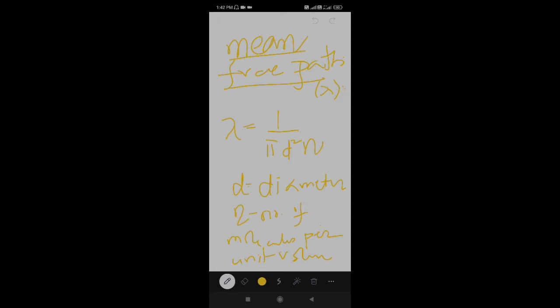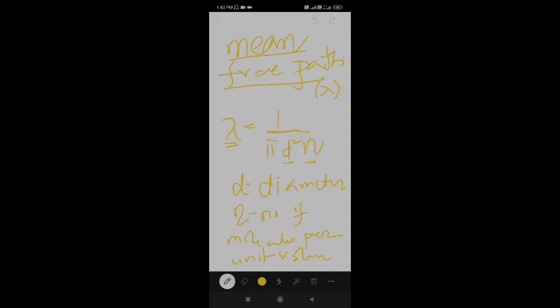The mean free path decreases, because more frequently an atom may collide with other atoms. Whenever you increase n, lambda decreases, because there is an inverse relation. Similarly, whenever you increase the diameter of the molecule, the free distance traveled in between two collisions also decreases. That means the mean free path decreases as the size of the atoms increases.